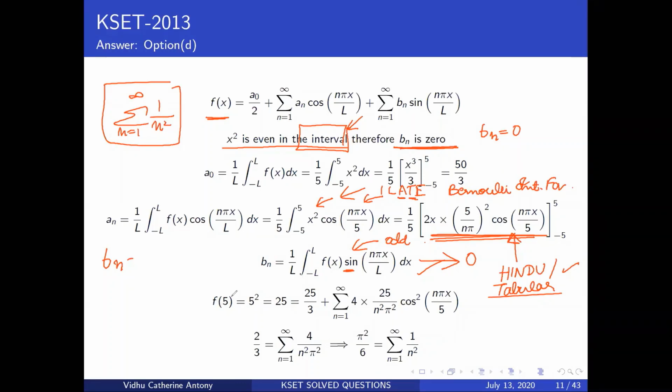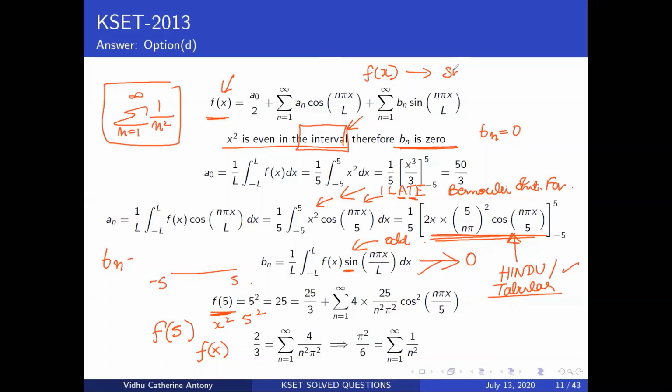Right, so your f of 5 is what? You need to substitute your f of 5. Why is that? Because your limit was from -5 to 5, right? So you substitute this as f of 5, and what is that? x squared, right? So you substitute 5 squared, because your function, what are you basically doing? You're taking your function f of x and you're writing it in terms of